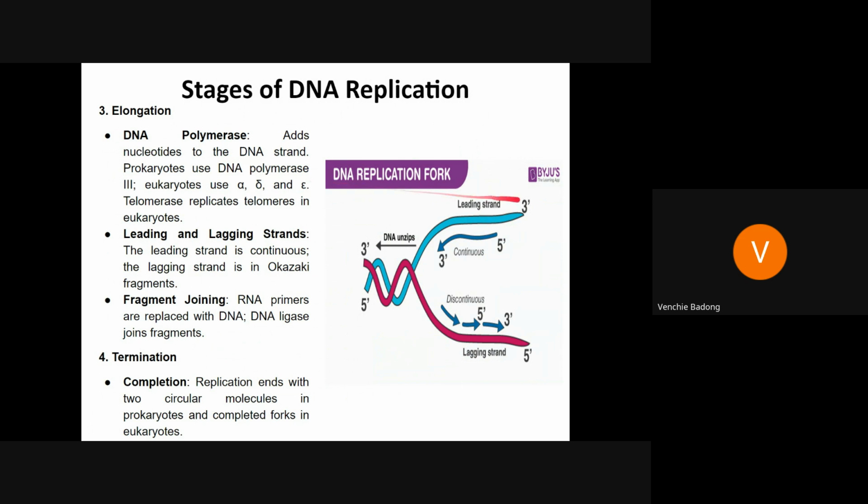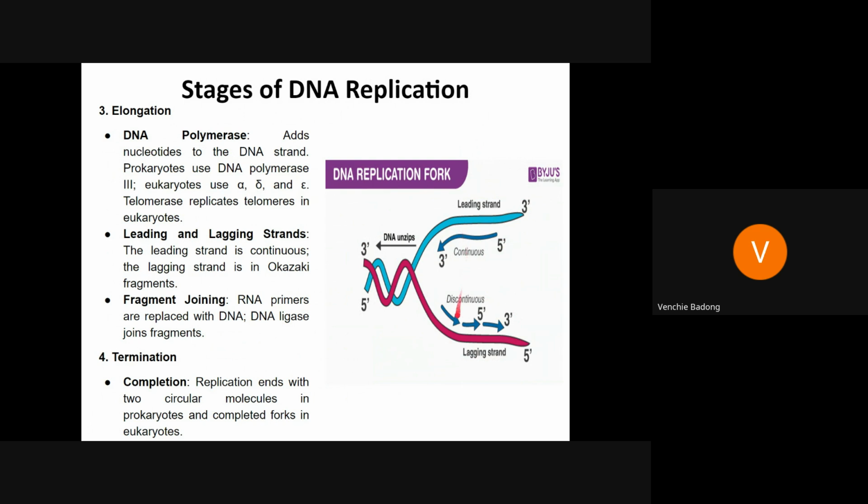Now, during the helicase process, you have again the Y shape known as the replication fork, and it gives you two different strands. The first strand is the leading strand, wherein there is a continuous addition of nucleotides with the help of the DNA polymerase. Whereas in the lagging strand, you have a discontinuous replication known as the Okazaki fragments. Since this is a discontinuous one, you need an enzyme in order to join these fragments. We call that the DNA ligase.